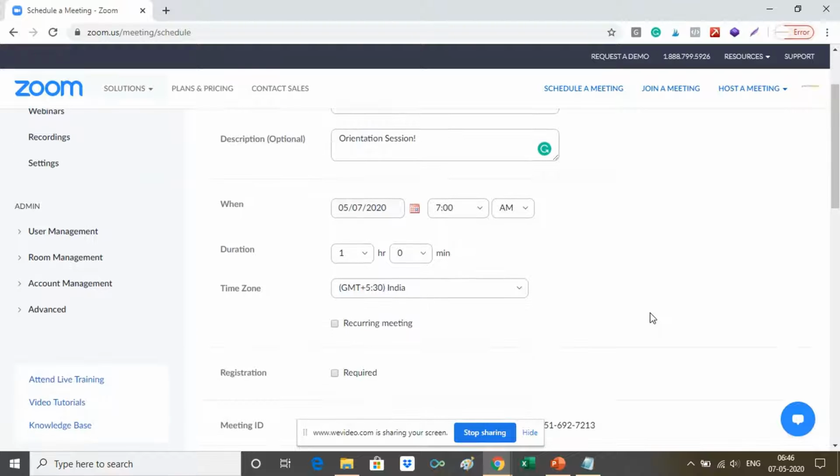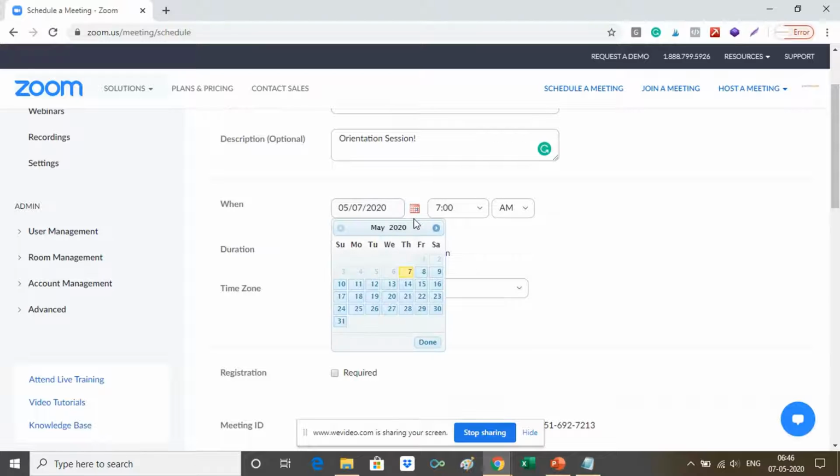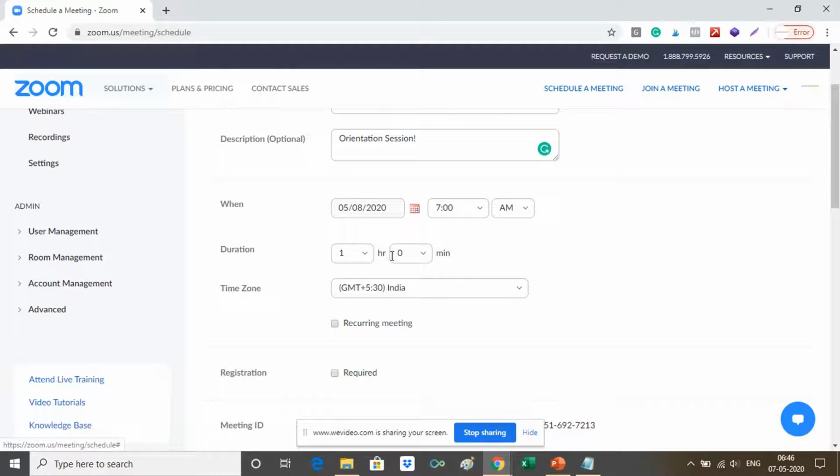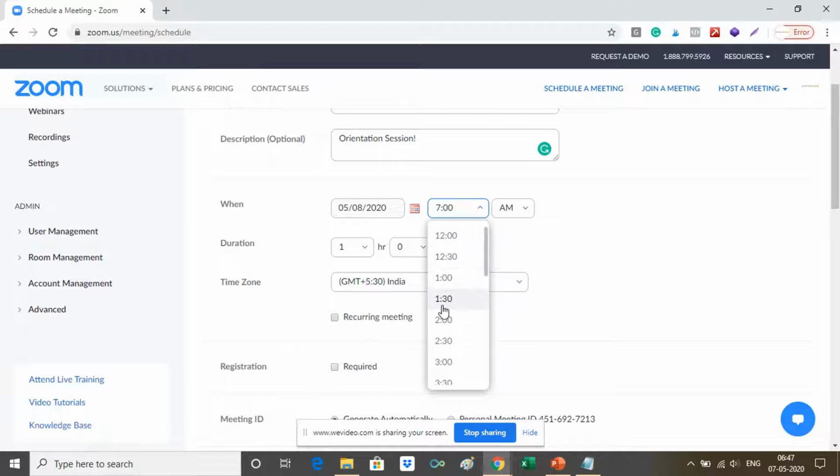Now, let's schedule the timing and the date. Here I'm going to ensure that the meeting is scheduled on Friday, that is the 6th of May, at 11 o'clock. I think 11 o'clock should be fine. So 11 a.m. Now, duration.